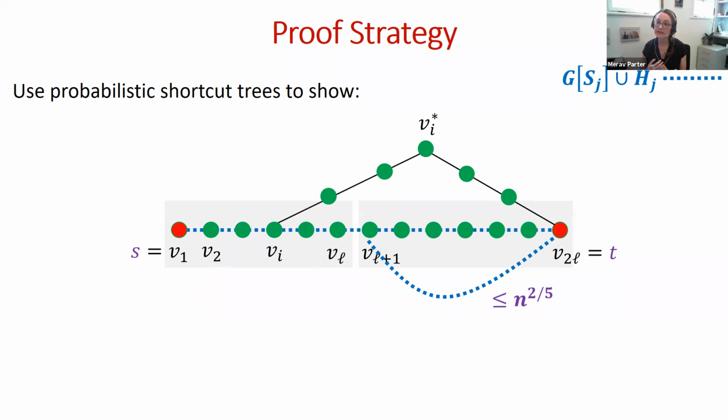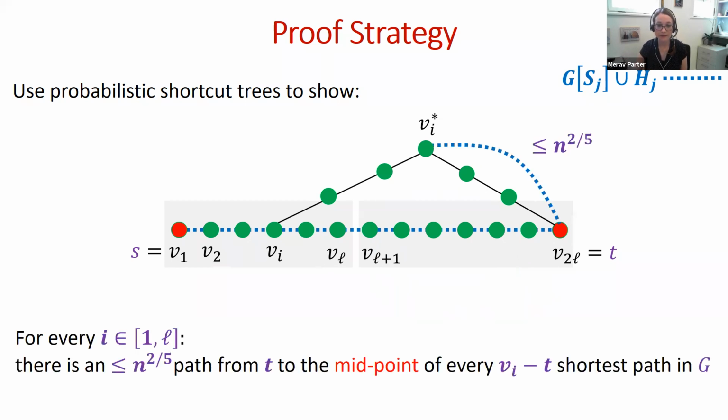But if this doesn't happen, then the following must happen with high probability. If we look at every vertex Vi on the first half, and we look at the shortest path between Vi to T, we know that the shortest path, let's assume for simplicity that the length is 6, like the diameter of the graph. We look at the middle node, Vi star,